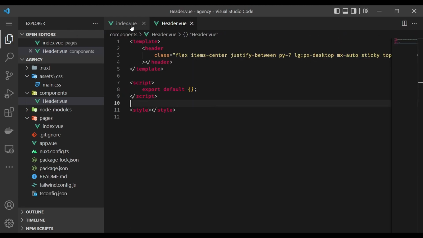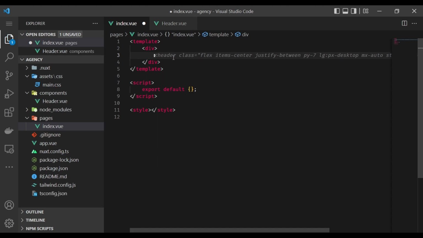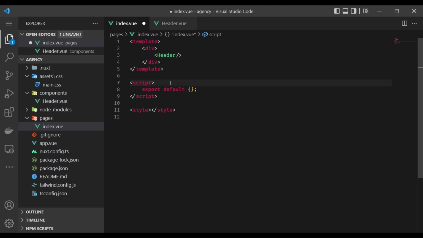To know that this is actually doing something, we're going to add it to our index page. So let's just add this component here, and Nuxt does the auto import thing, so we don't have to explicitly import it down here in the script tag. Now that the header is in place,